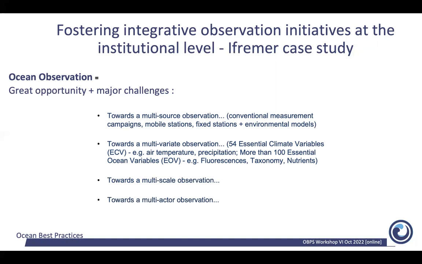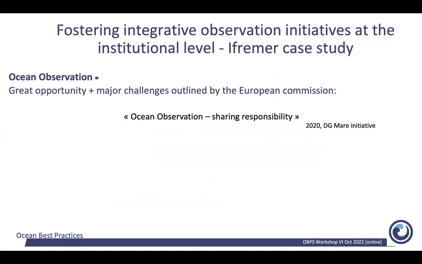By that, I mean that now we have all those citizen science programs developing. We try to run observation with non-expert people, and that's challenging, but that's also a lot of fun. So we have those challenges, and those challenges were outlined by the European Commission in an initiative run in 2012